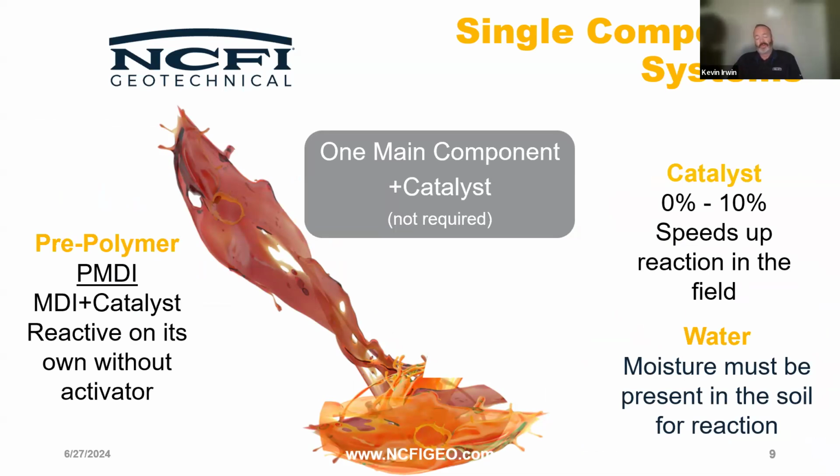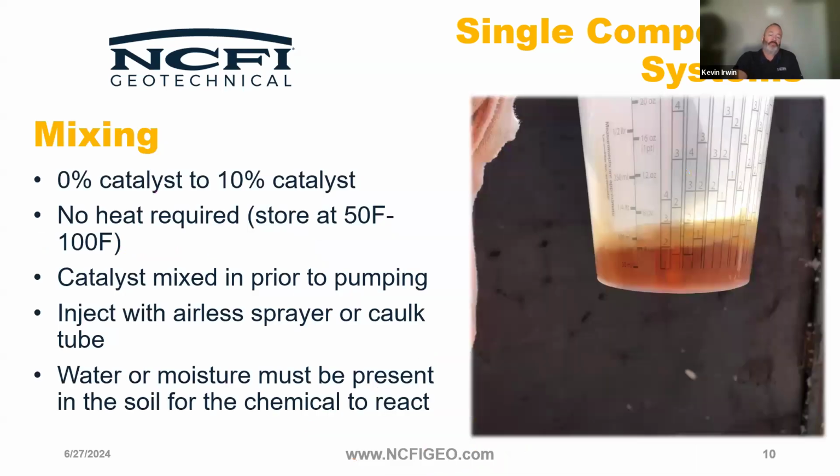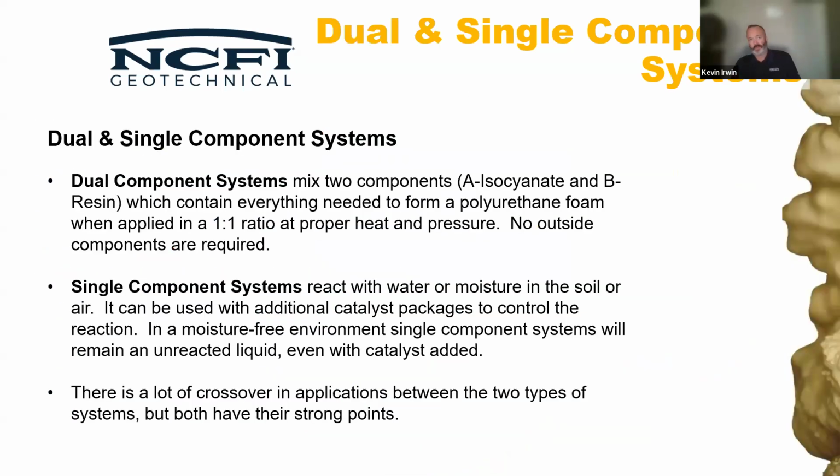Now, I'm not a chemist, so please don't get me for saying that, but we can add catalyst to speed up the reaction. But one key component here is that moisture must be present for these single component systems to react. And so we're talking about the dual component systems when we're talking about deep injection for soil stabilization